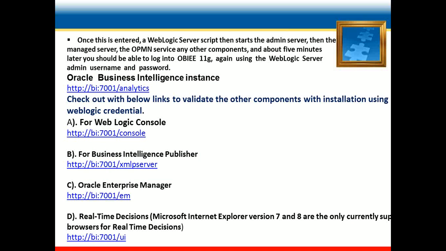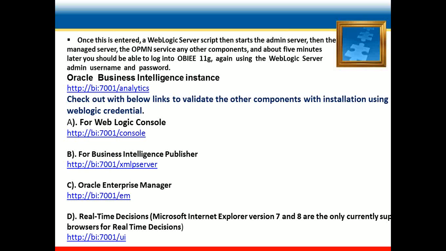We can start all services with Start BI Services. Once the WebLogic server script is entered, it starts with the admin server service, then the managed server OPMN service, and after 5 minutes